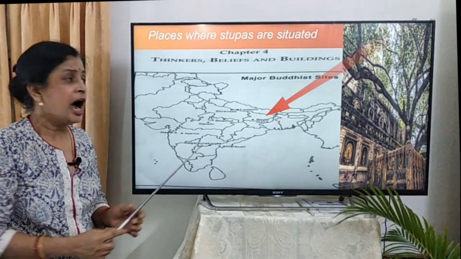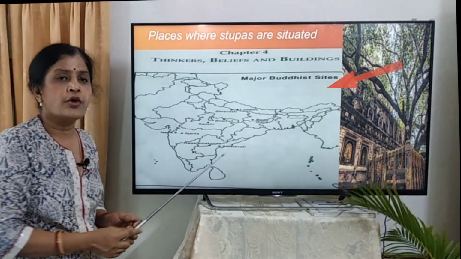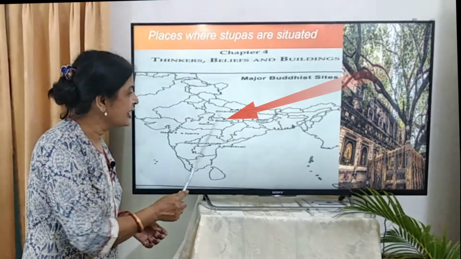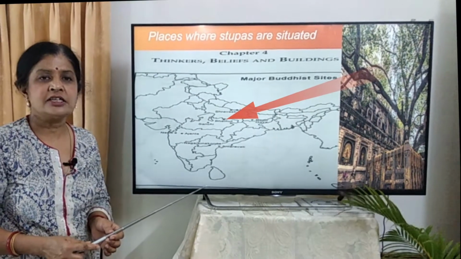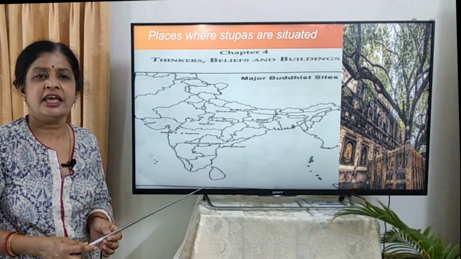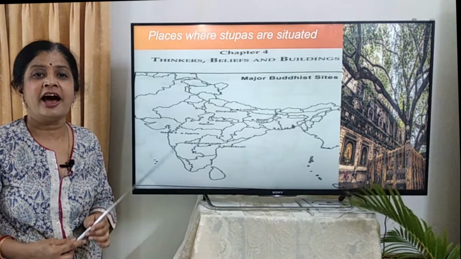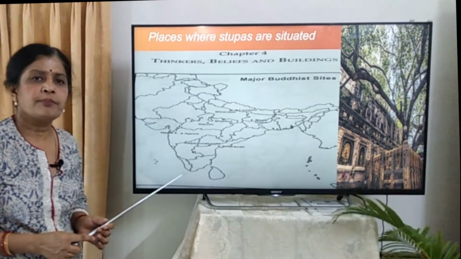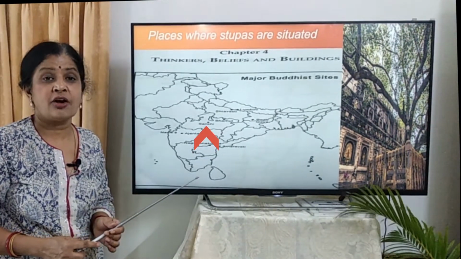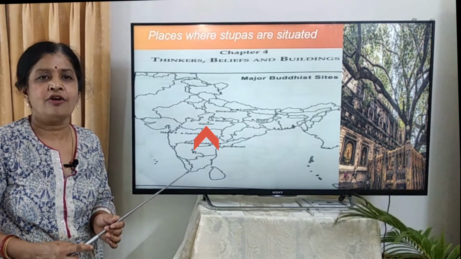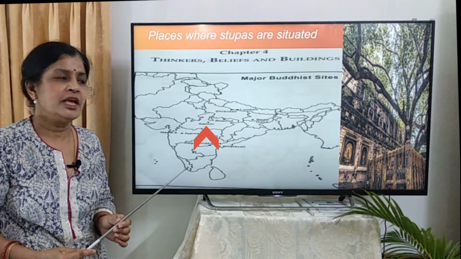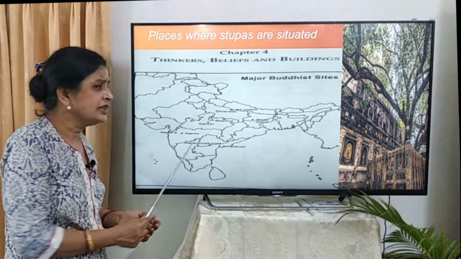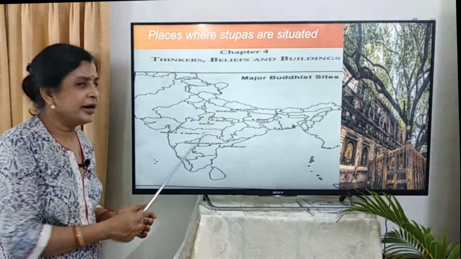The third one: after he got enlightenment, he wanted to give this knowledge to his disciples. That place is Sarnath. Do you know, children? The first lecture or first teachings he gave were to 5 disciples only, and Ananda was one of them. The next is Sanchi Stupa, which is a beautiful stupa, also considered the jewel crown of art and architecture related to Buddhism, which I am going to describe in my coming slides. And various other stupas were made all over India.